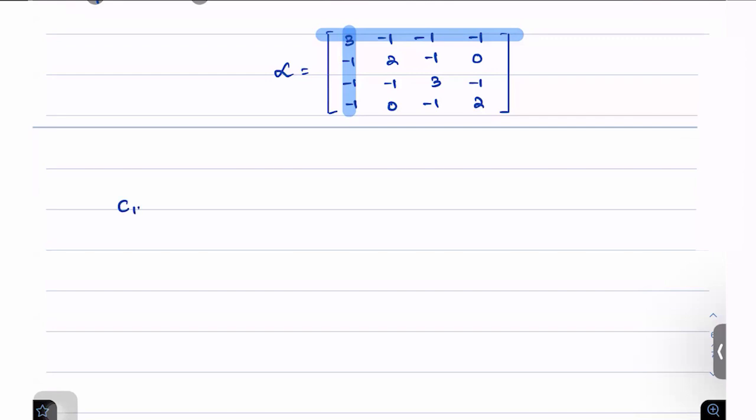Then the cofactor is given by C11 equals minus 1 raised to the power 1 plus 1, times M11, which is equal to the determinant